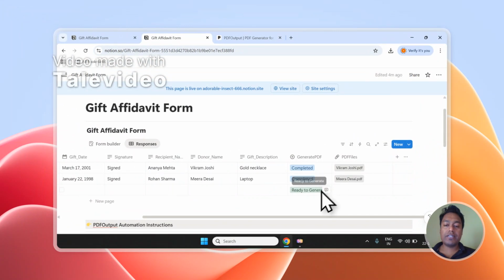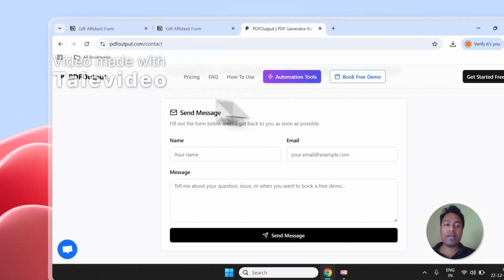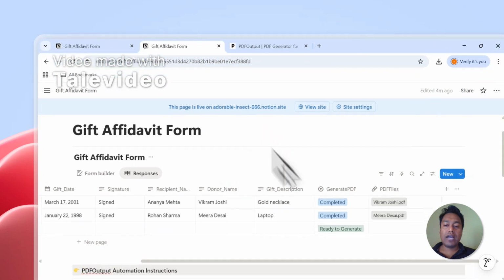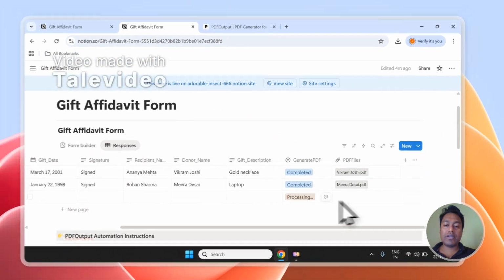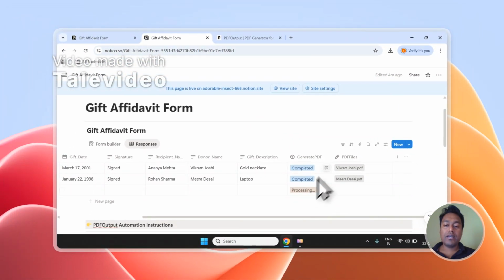But essentially, it will generate the same PDF using the same format that we had created earlier in PDF output, and the document will be created inside the database. And you can see it has started processing this file, and soon it will be converted to PDF file and stored over here, like how it did right now. So this is how easy it is to use PDF